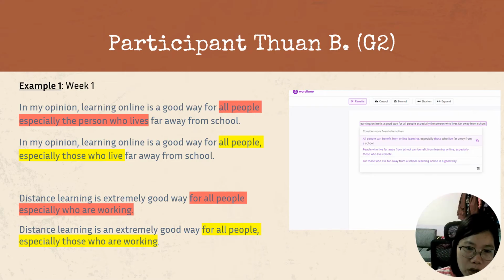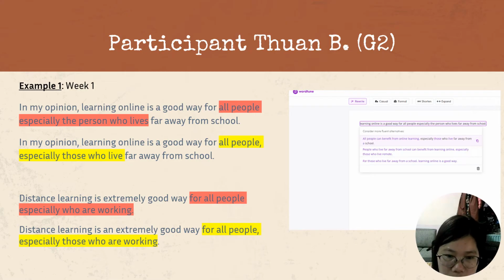So in week one, we can see some sentences like, learning online is a good way for all people, especially the person who lives. And then she used the tool. This is a screenshot that she sent me of the option that she thinks is best for her to use.